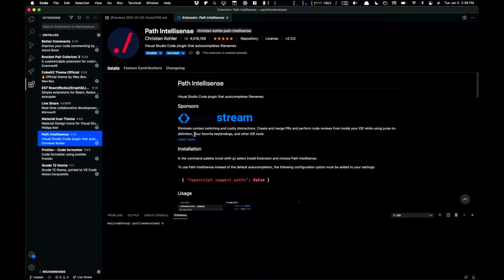So now let's talk about another thing that makes VS Code great, and that is the extensions. And that is probably the favorite part of VS Code for me. So let's talk about those extensions now. The very first one is Path Intellisense, and Path Intellisense is going to just autocomplete file names for you. And with Path Intellisense, we can see in here that